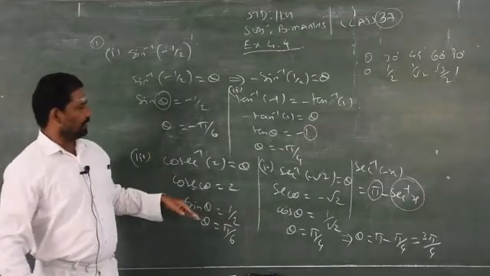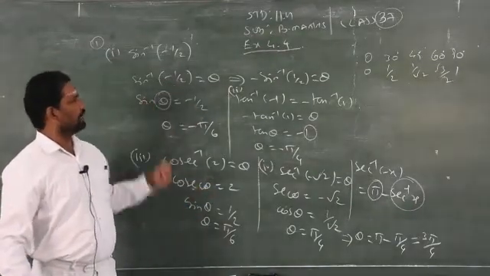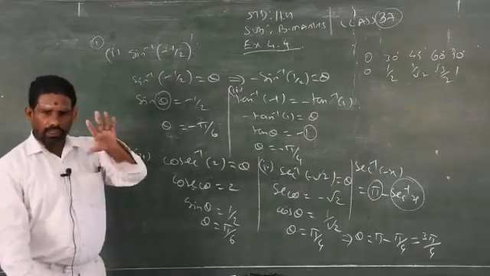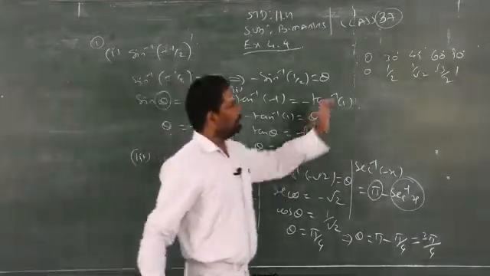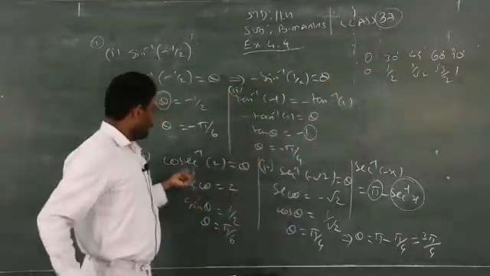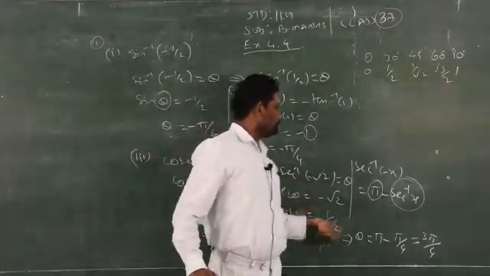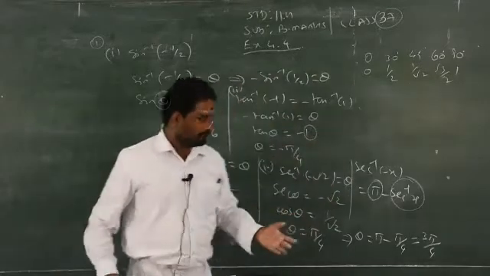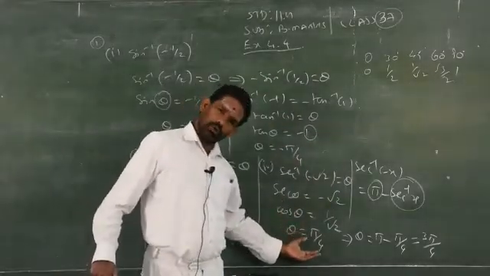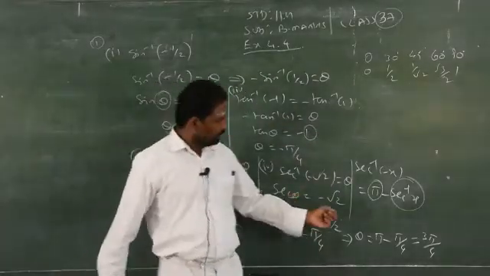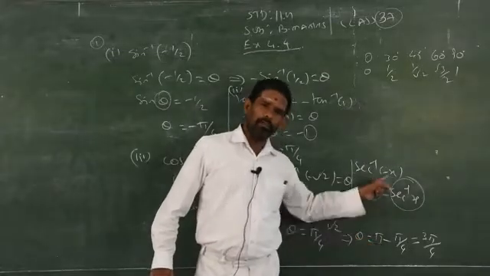Other than the secant and cos inverse, there is a negative sign. Just you have to write what is the relevant angle from the tabular column. In that you can introduce the negative sign. That's all. Only in the case of secant inverse of minus x or cos inverse of minus x, you have to find out theta as usual, but you have to subtract from pi by using this property.